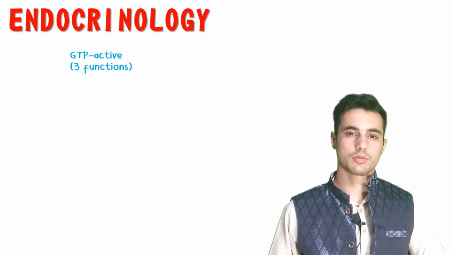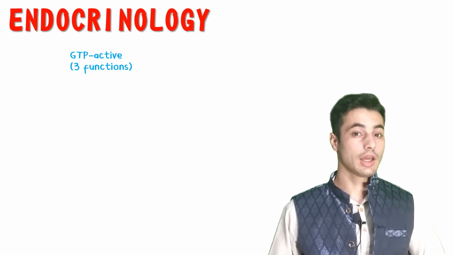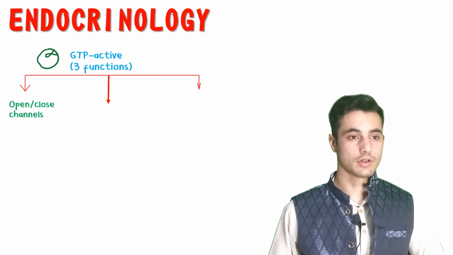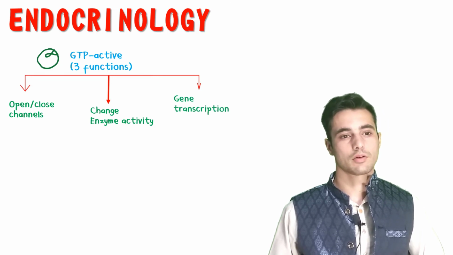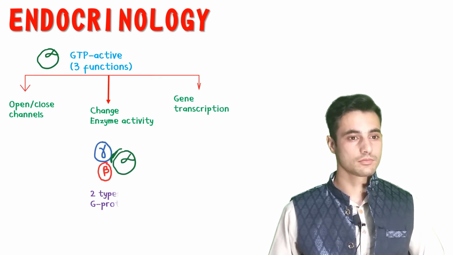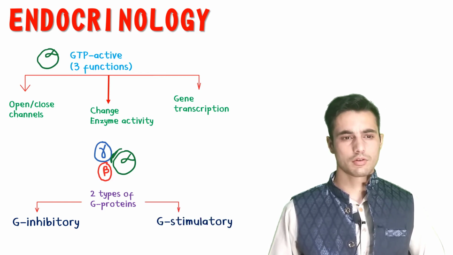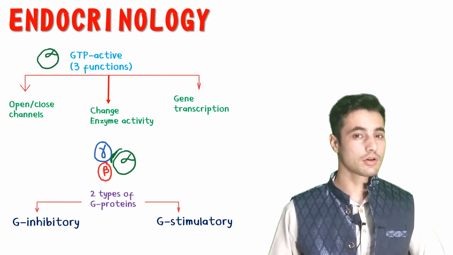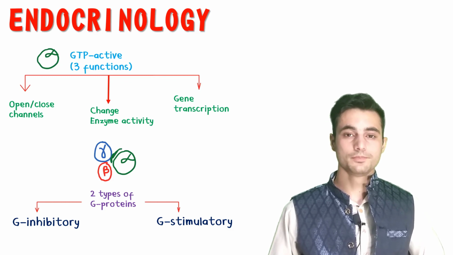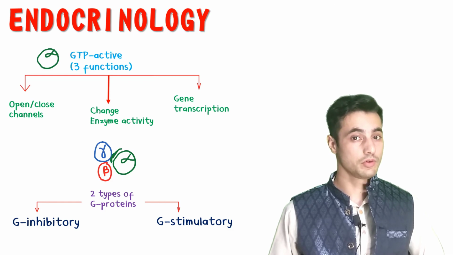Let's have a look at the actions performed by this activated G protein alpha subunit. It performs 3 functions: it can open or close the channels, change the enzymatic activity, and affect gene transcription. With the alpha, beta, and gamma subunits, there are two types of G protein: one is the G inhibitory and the other is the G stimulatory. So what is the G inhibitory and the stimulatory? When the hormone binds with the extracellular part of the G protein coupled receptor, the cytoplasmic part will either activate the G inhibitory or the G